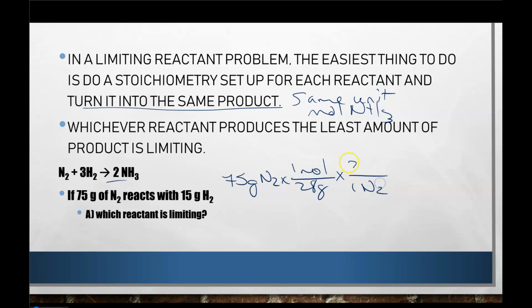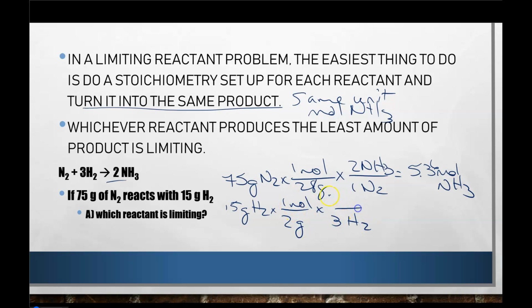And then I do the balanced equation, which is the stoichiometry. It takes 1 nitrogen to produce 2 NH3s. That is 5.3 moles of NH3. 5.36 if you want to be real technical. All right, then I do the 15 grams of hydrogen. Convert it to moles. It takes 3 hydrogens to make 2 ammonias, and that is, I think almost exactly, yeah, 5 moles